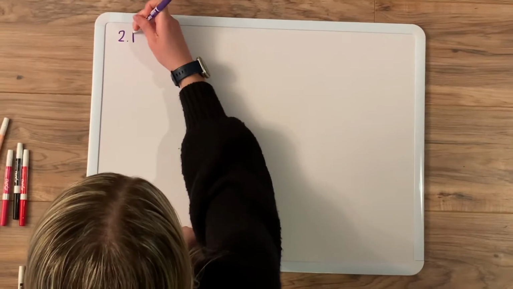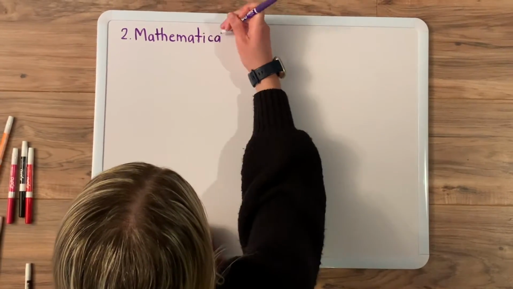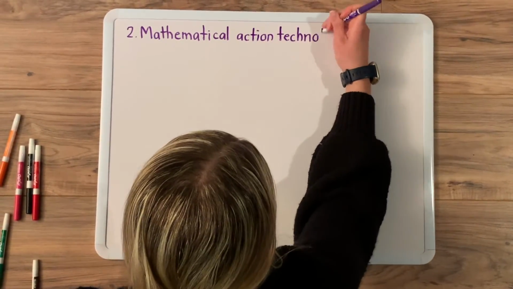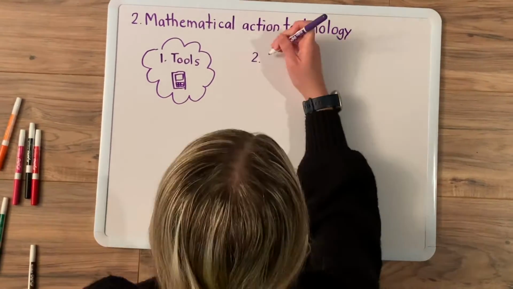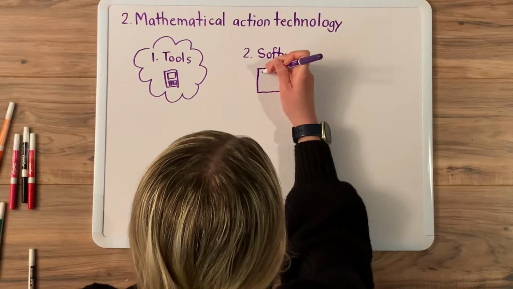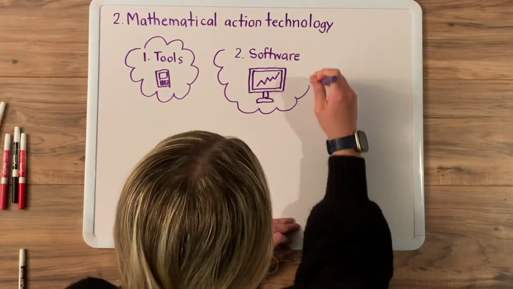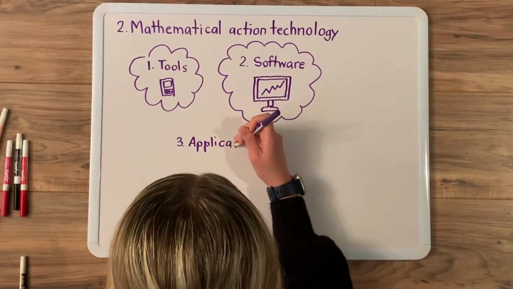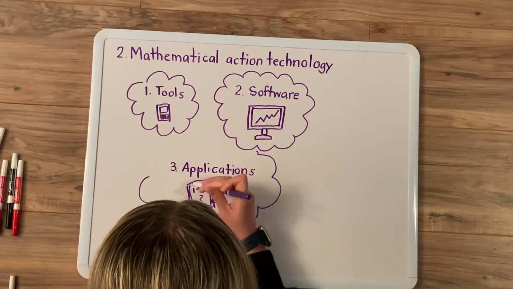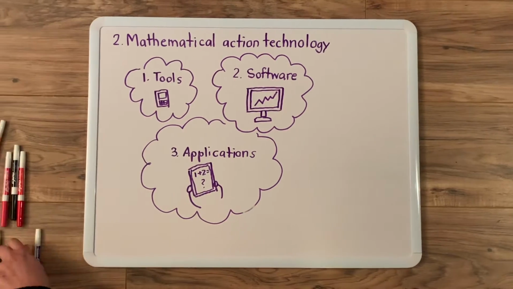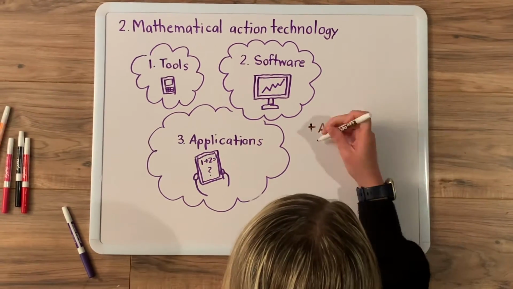By contrast, mathematical action technology is specifically designed for mathematical tasks. This generally includes tools, software, and applications. Mathematical action technology can be used to provide students with access to approaches and tasks that would not otherwise be available. An example of this type of technology is a graphing calculator, which can be used to solve and graph